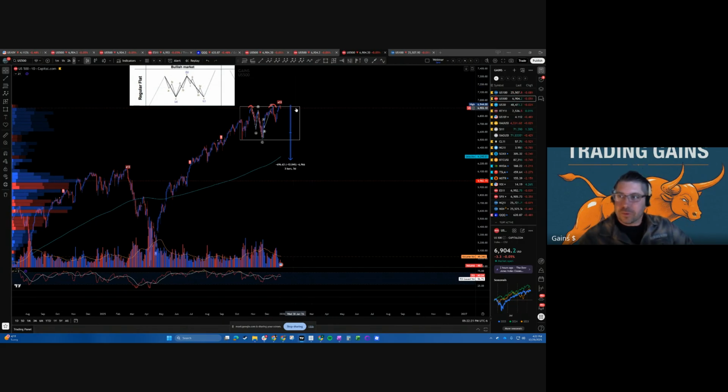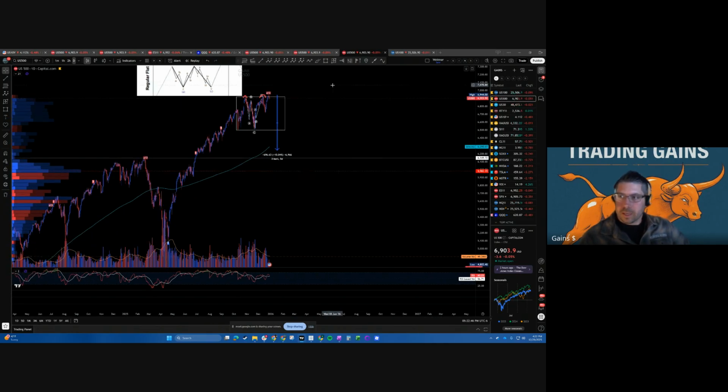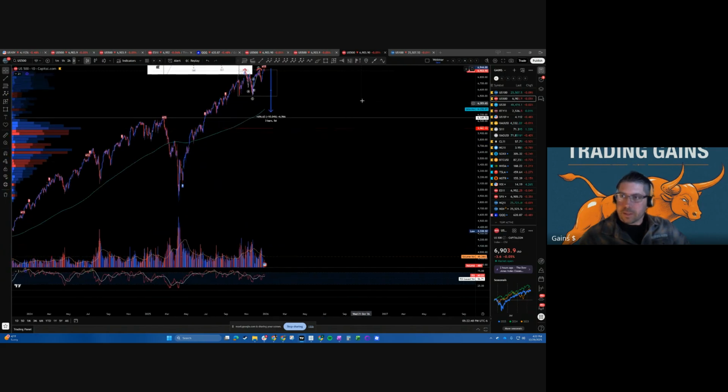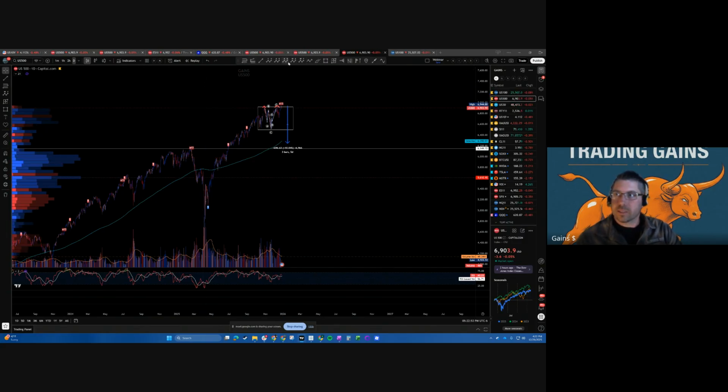Okay, so what we're looking at right here, even if we do have a 10% correction, again, it would be a buyable dip. I think you'll get a lot of support right around this 6,200 level, 6,150, something like that. And I think that this would be reasonable. When you back it up a little bit, what we might actually see going into 2026 is